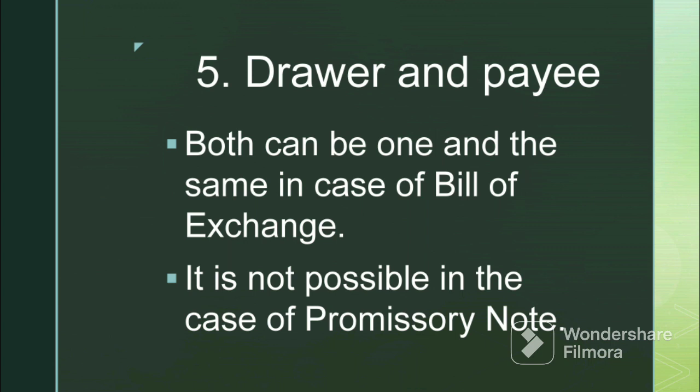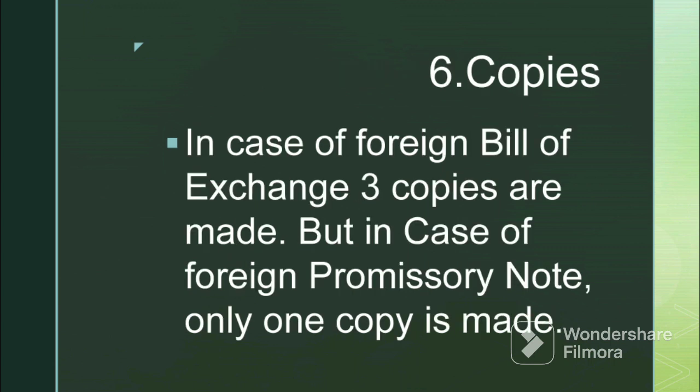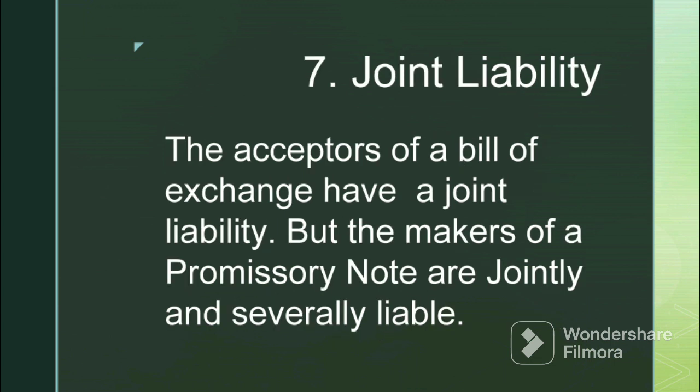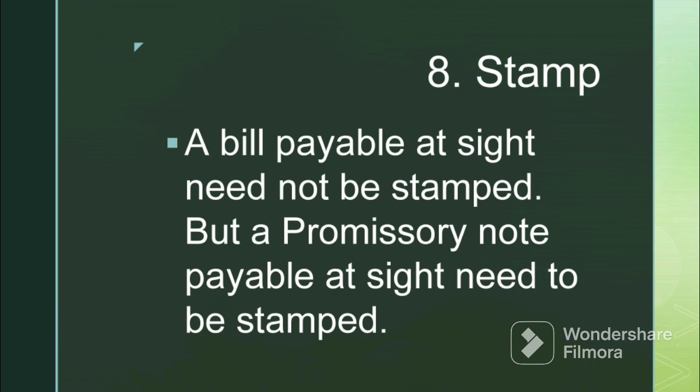In the case of bill of exchange, the drawer and the payee can be one and the same person, but it is not possible in the case of a promissory note. Three copies are made in the case of foreign bill of exchange, but only one copy is needed in the case of a foreign promissory note. The acceptors of a bill of exchange have a joint liability, but the makers of a promissory note are jointly and severally liable. A bill payable at sight need not be stamped, while a promissory note payable at sight need